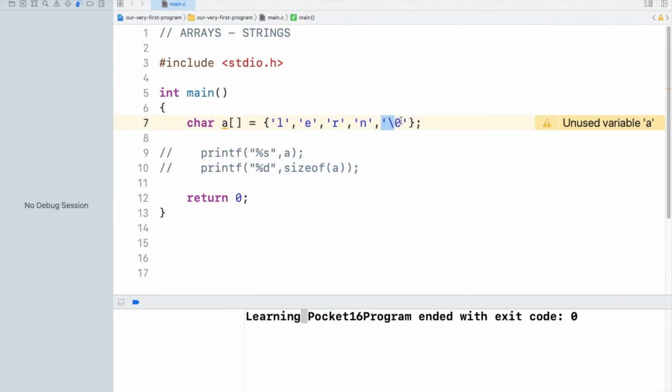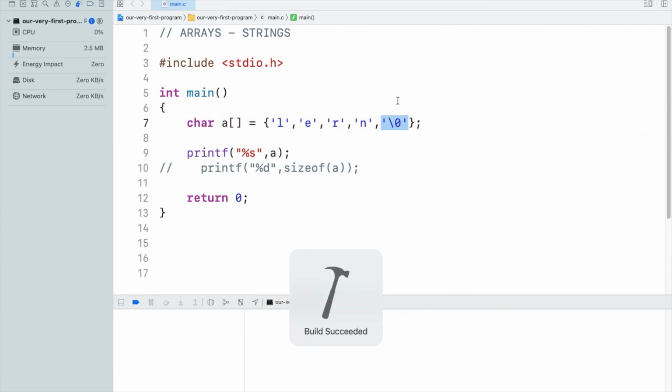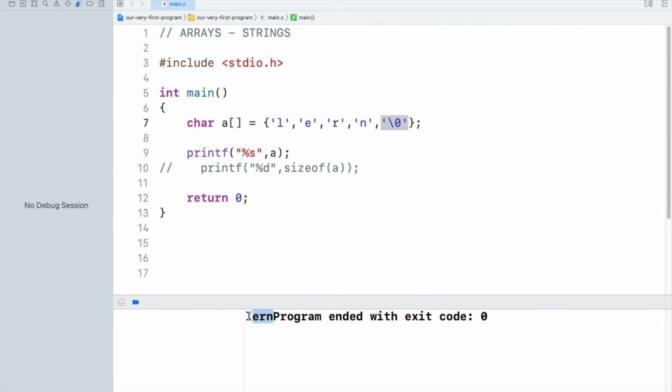By default, if you use the double quotation method to initialize a string, it automatically inserts \0. But if you go with this method, you need to specify a null character at the end. Okay, so let's see what we have in here. We have learn as an output. So this was all about the initialization of strings and arrays.